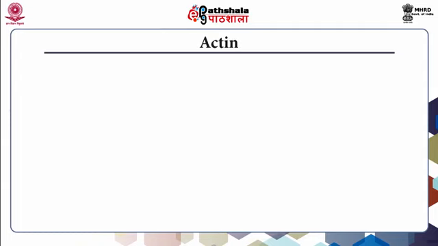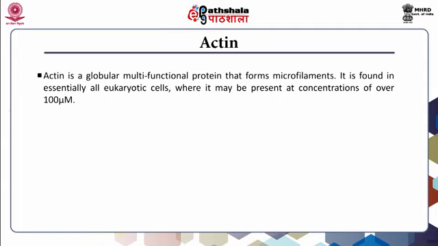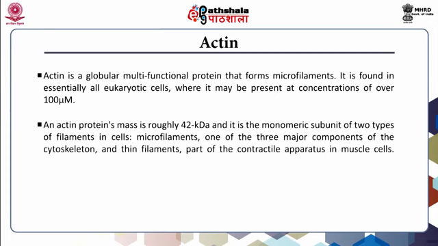Let us see what is actin. Actin is a globular multifunctional protein that forms microfilaments. It is found essentially in all eukaryotic cells where it may be present at concentration of over 100 micromoles. An actin protein's mass is roughly 42 kilodalton and it is monomeric subunit of two types of filaments in the